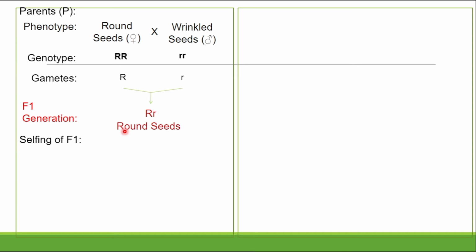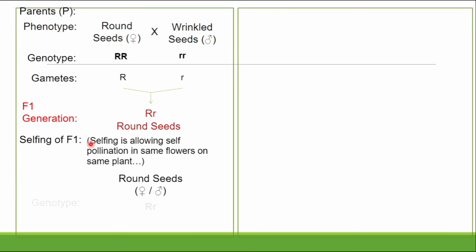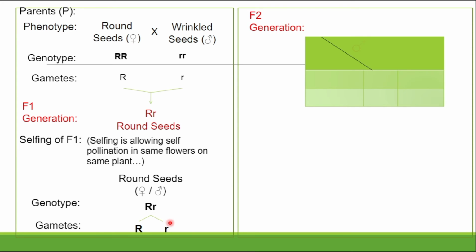Then again the seed is sown in the soil for raising the F2 generation, and there is selfing. What happened in the selfing? How many gametes are formed? Yes, there is a formation of 2 gametes, one a capital R and the second a small r. That is the genotype. They never mix or blend with each other. They remain together. So again the cross is here.